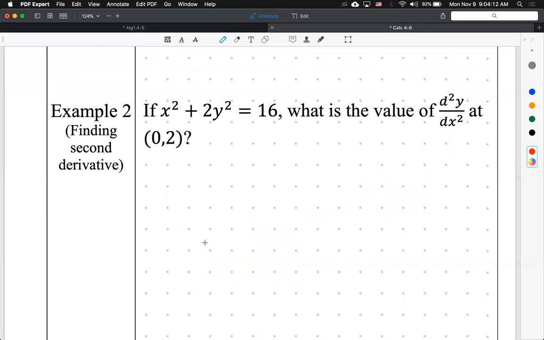Andrea's up. Got to take the derivative. Go for it. Perfect. And then we have this coordinate (0, 2), which means x is 0, y is 2. So we can plug those in immediately. We can say 2 times 0 is 0. So it's going to be positive 4 times 2 is 8. So we have 8 y prime is equal to 0, and therefore y prime is equal to 0,